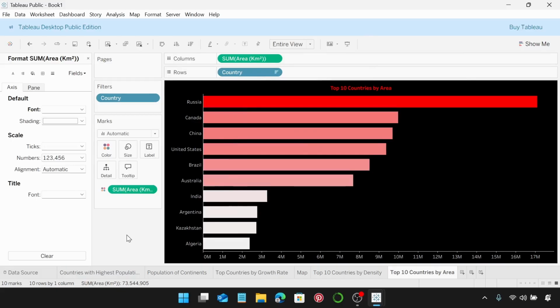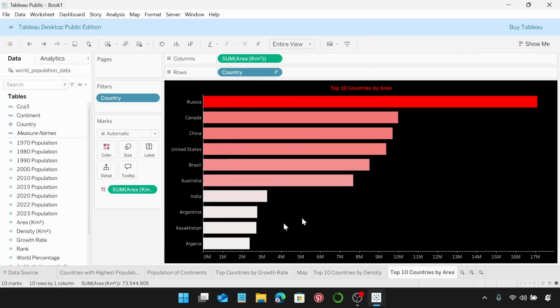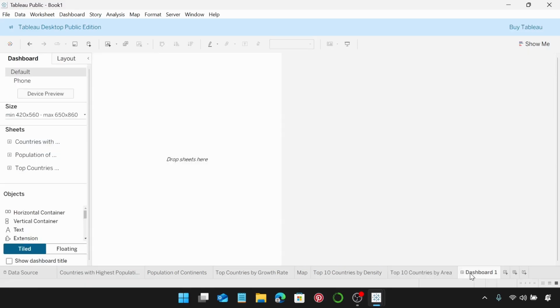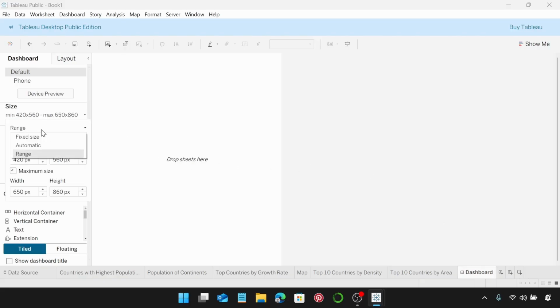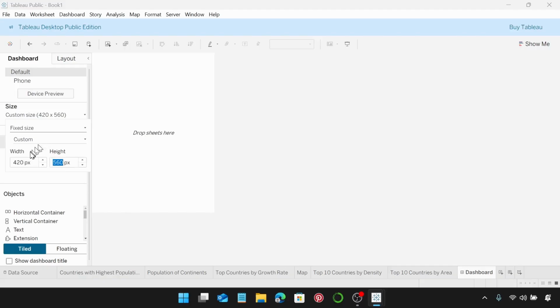Now we can move on to create our dashboard. Now let's go over here and create a new dashboard. So I'm going to click on dashboard. I'm just going to change this to just dashboard instead of dashboard 1. Let's change the size. So come over here, change the range to fixed size, and we'll change the width to 1500 by 700,